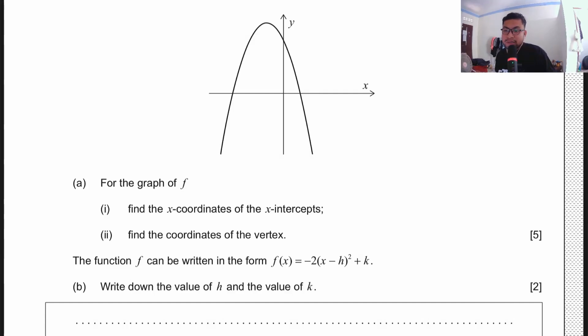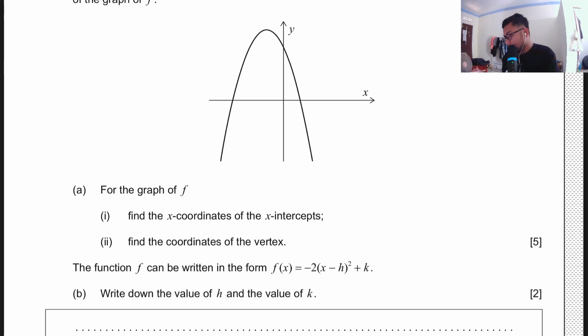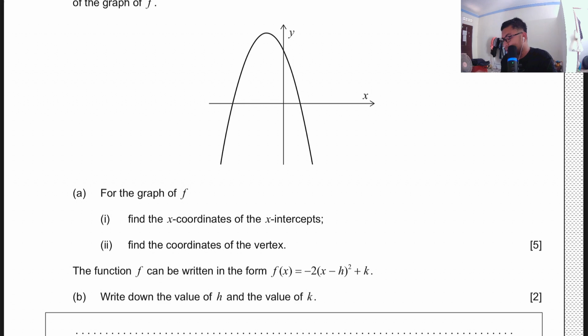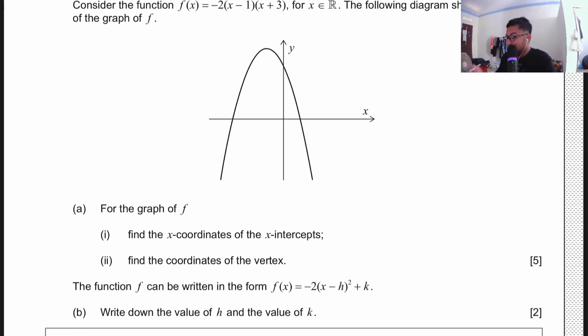So for these questions, I think it is about quadratic function, right? Quadratic function is like, they're trying to ask about the x coordinate of the x-intercept, which means these both, like this and also this, right? Remember,